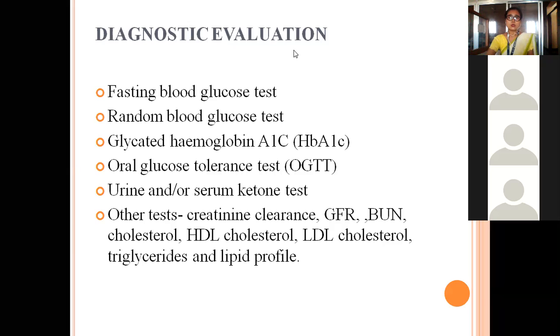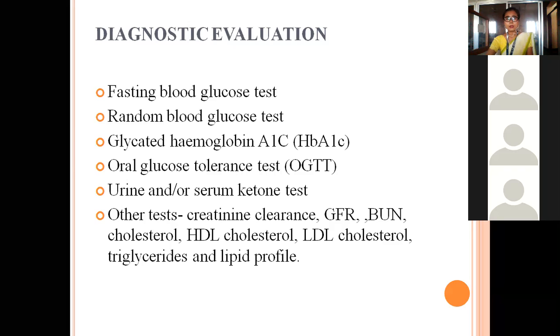And the oral glucose tolerance test, OGTT. This is another test, and mainly it is done to find out gestational diabetes mellitus and type 2 diabetes mellitus. For this test, the patient needs to fast for at least 8 hours, and the day before the test there should be no restricted diet. Whatever the patient eats in his daily normal life, he or she should continue eating, and then before the test at least an 8 hour fasting period should be there.